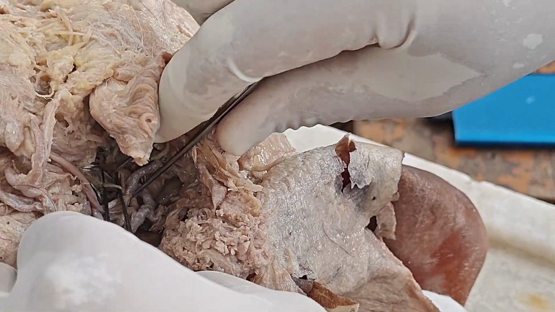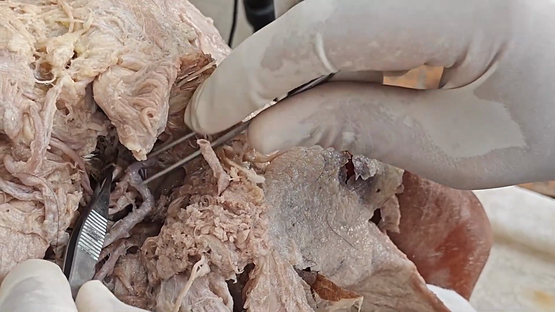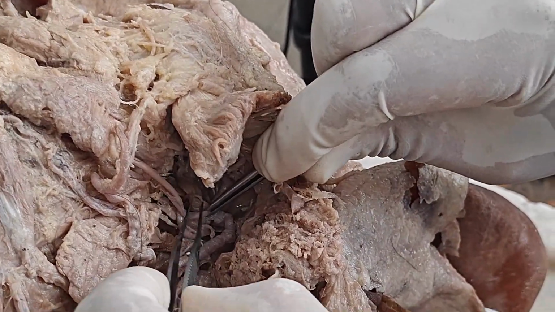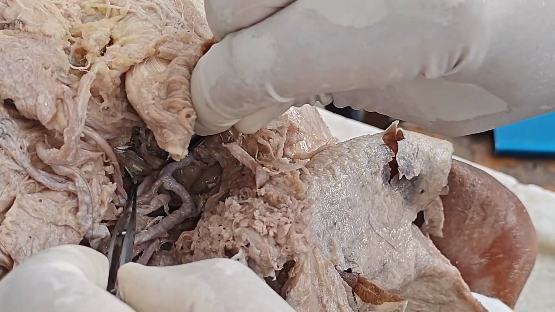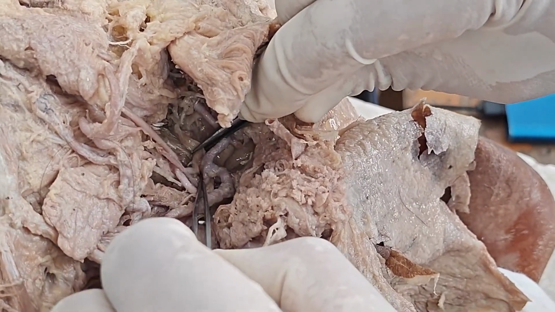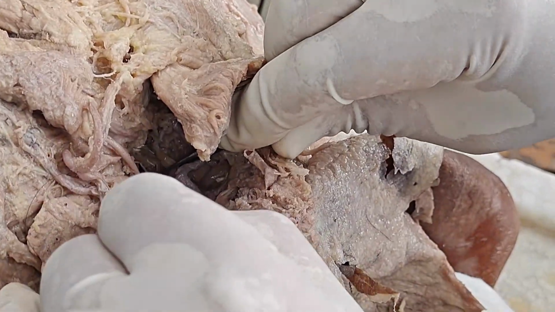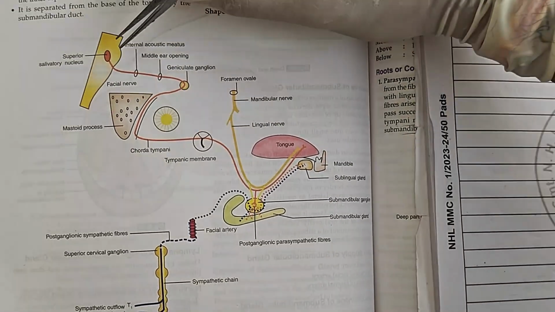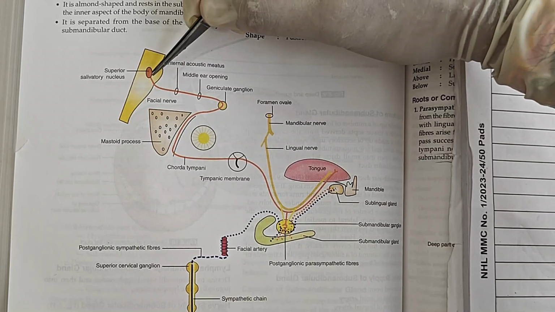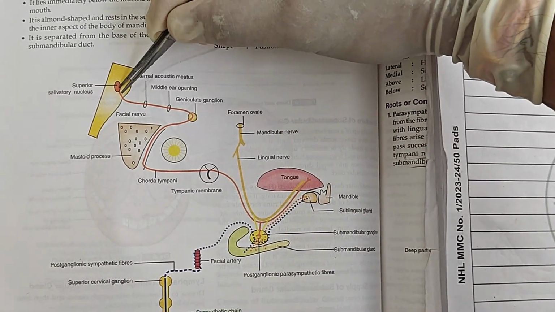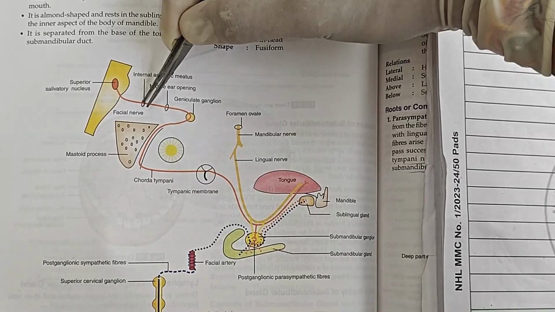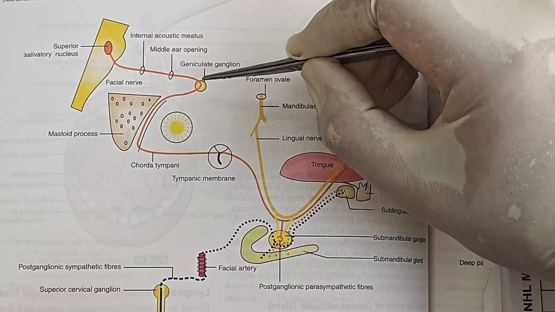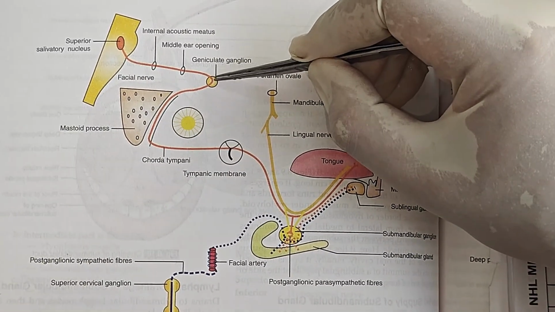This nerve is united to the lingual nerve from the posteromedial aspect, and this chorda tympani nerve is actually a branch of the facial nerve, which comes out through the superior salivary nucleus. The fibers coming from the superior salivary nucleus emerge from the pons with the facial nerve, and at the middle ear, at the geniculate ganglion, it